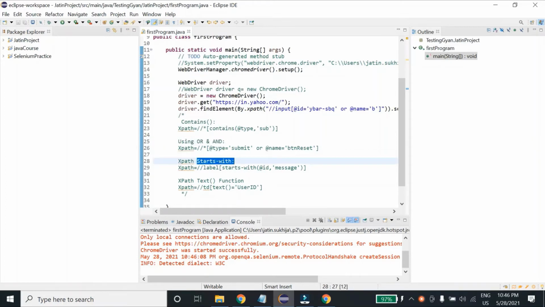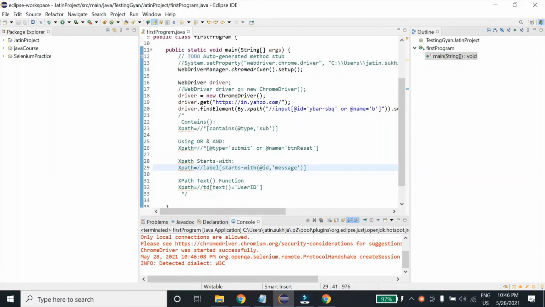Starts with is similar to contains, just that contains will consider your whole string. It can be anywhere, even at the start, in the middle or at the end, but starts with will look at the string with which it starts.